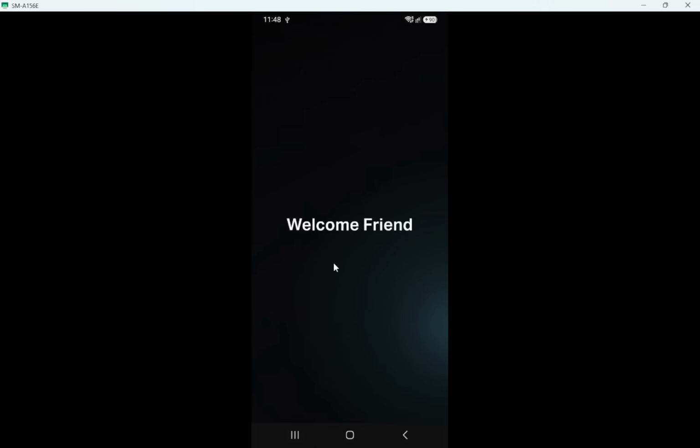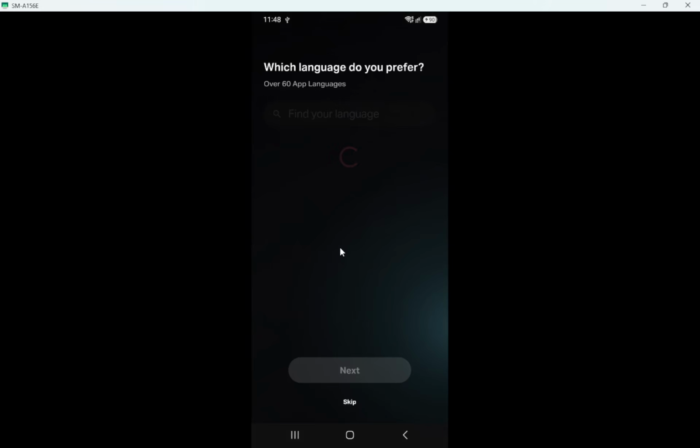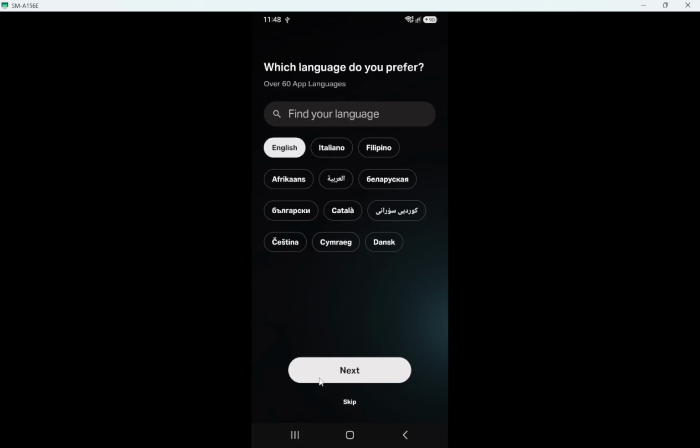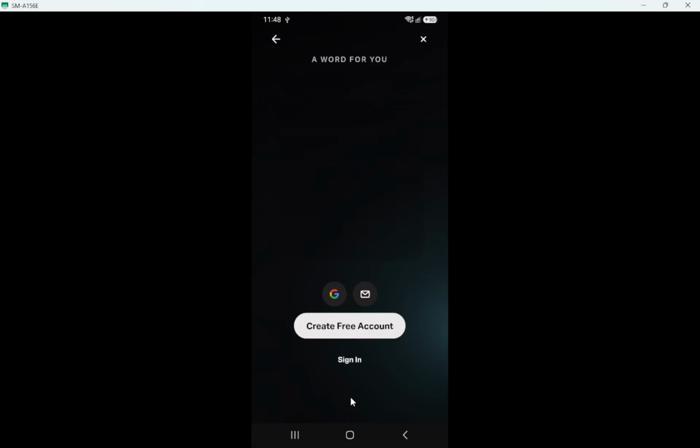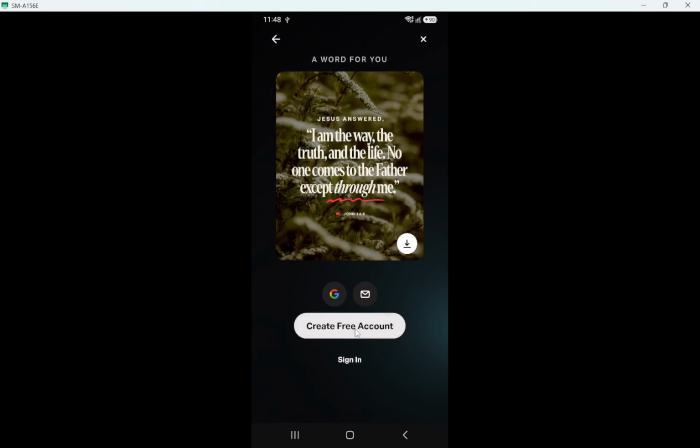With the app now open, you can sign in or create a YouVersion account, or use the app without an account. If you sign in, your reading plans and highlights can sync between devices. If you skip sign in, you can still read the Bible and listen to audio on this phone. You can always create an account later from the app menu. You have now downloaded and opened the official YouVersion Bible app on your Android phone, ready for reading and audio listening.